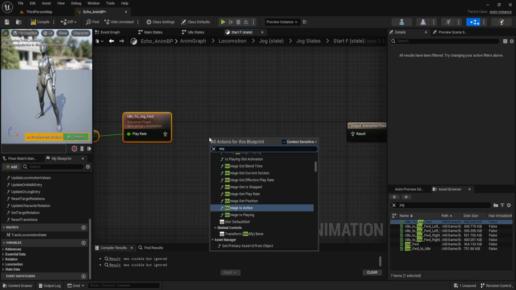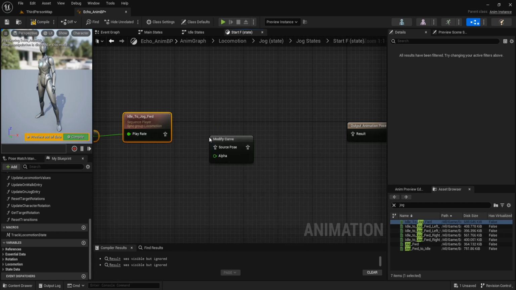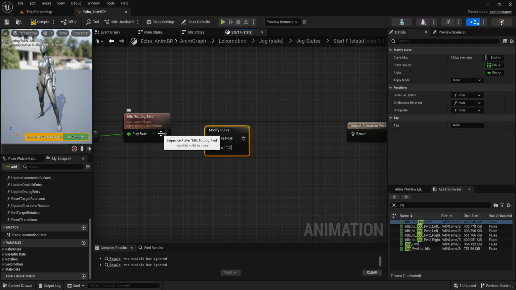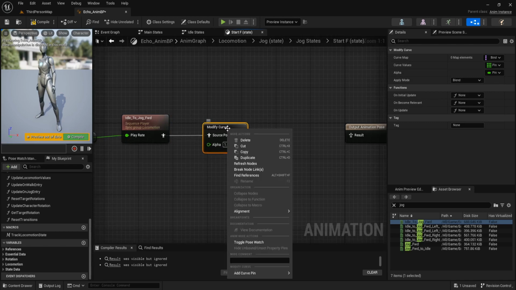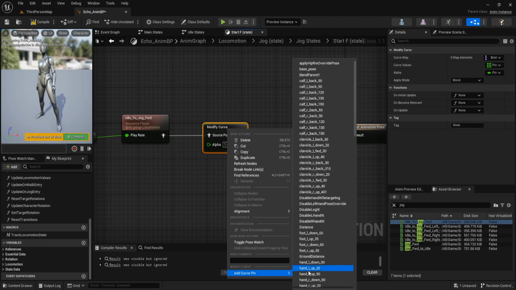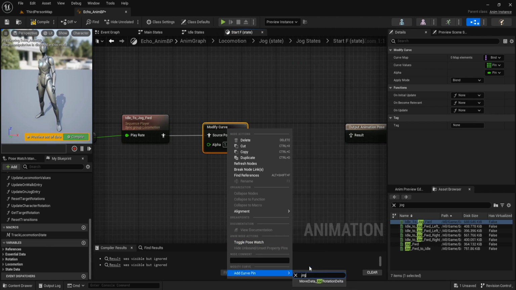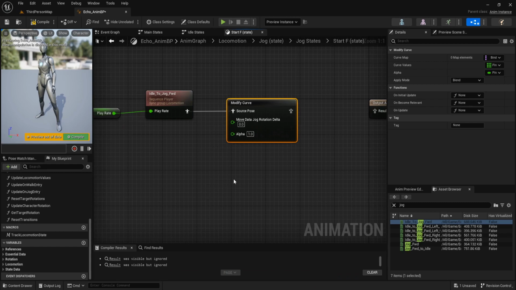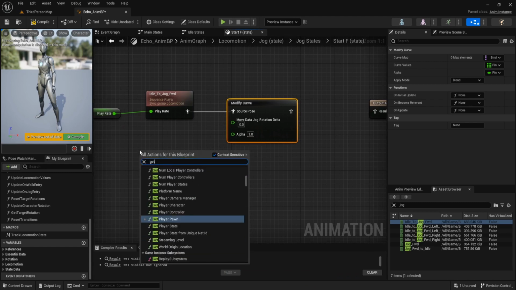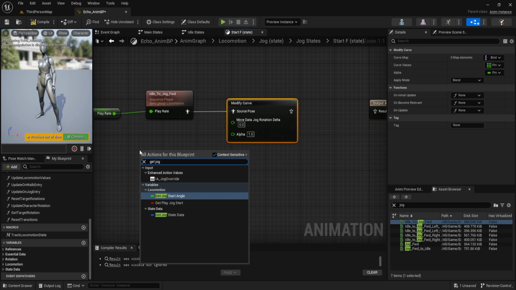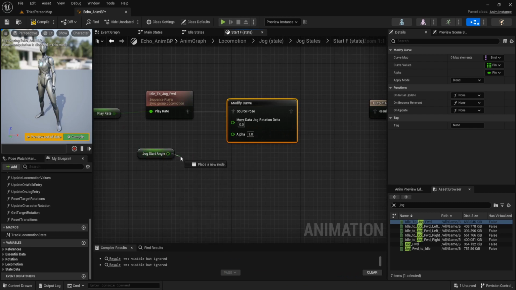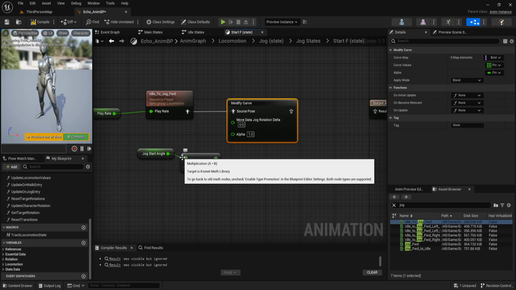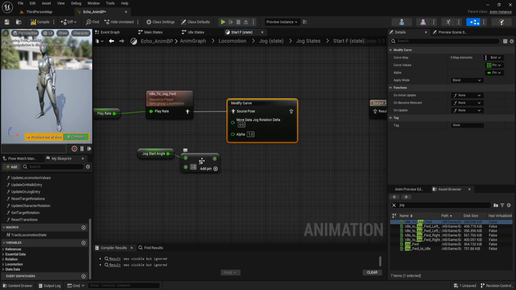And on modify curve. Add curve. Move data jog rotation delta. Get jog start angle and multiply it by -1. Connect to move data jog rotation data.